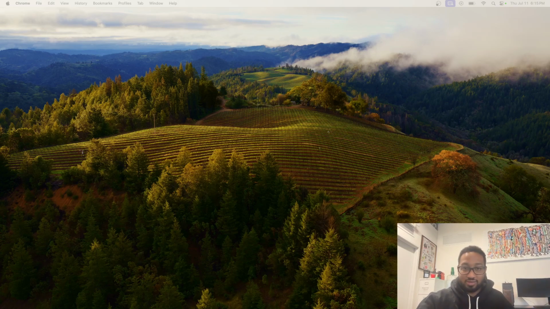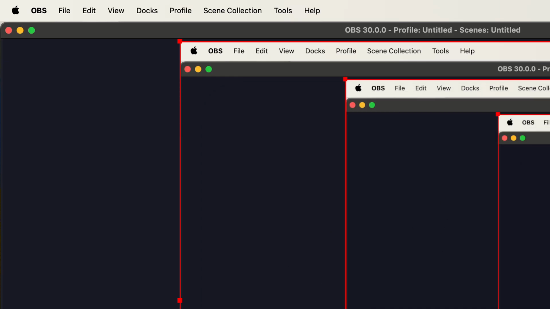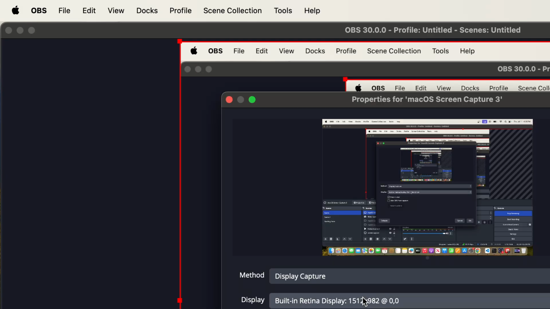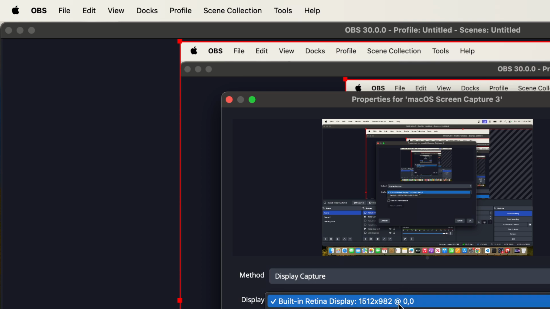Screen capture. Okay, yet another one. Display. Okay, well, see, this one's getting my screen, and I wanted to get my screen. It's just acting up today. Built in.